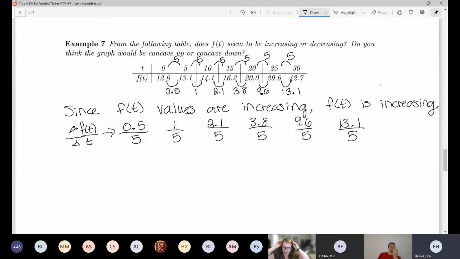Now, in this example, the quote-unquote shortcut we can take is because all of the denominators, all of the change in x's are the same. Since all of the change in t's, maybe I should use the right variable, are the same, they're all 5. So I don't even need to punch this into a calculator to calculate the full decimals. To compare them, I can just look at the numerators, right? So these slope values are going to be increasing because those numerators are increasing, right? So since slopes are increasing,